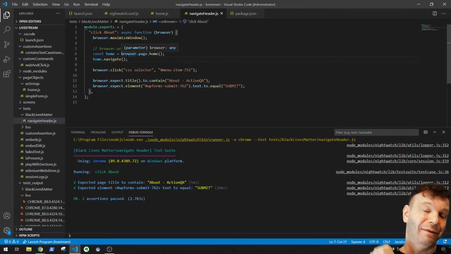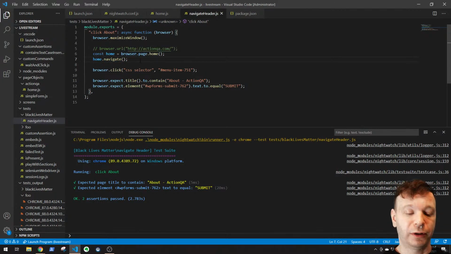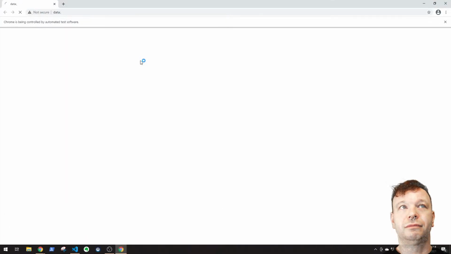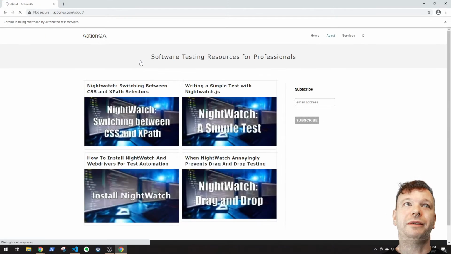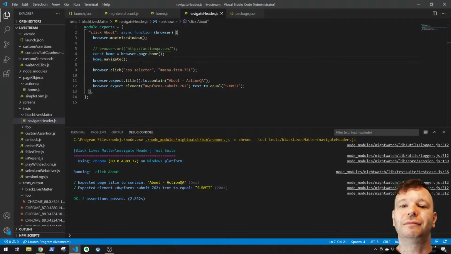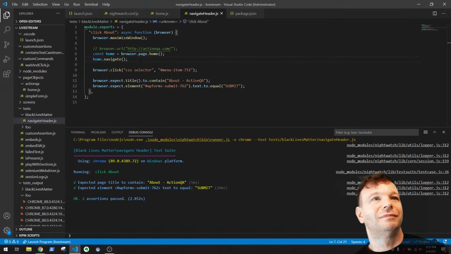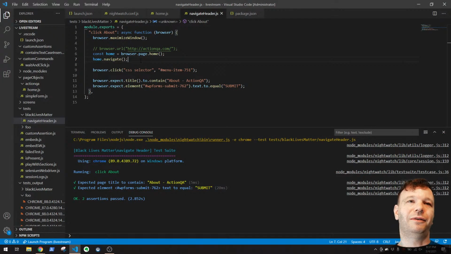So I just roll with it. home.navigate. And let's see if this works. I'll hit F5. Oh, there it went to Action QA. It worked. All right, now